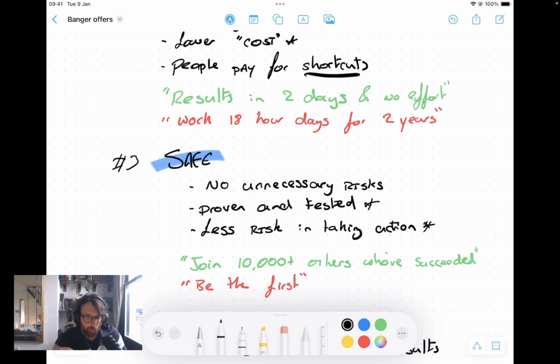And that's why great sales pages and great sales marketing collateral will use heavy social proof to prove that whatever the offer is, it's proven, it's tested. This person who's going to buy it from you, they're not a guinea pig. Do you want to be the 10,001st person? Now you see this, join 10,000 other people who have gone through this system and have succeeded using this. Wow, it's worked for 10,000 other people. Why wouldn't it work for me? Or do you want to be the first person? Try it out, see what happens. You want it to be safe. You want there to be very few risks, and you want the upside to massively outweigh the potential risk of taking that action. So try and build an element of safe into the offer, okay?